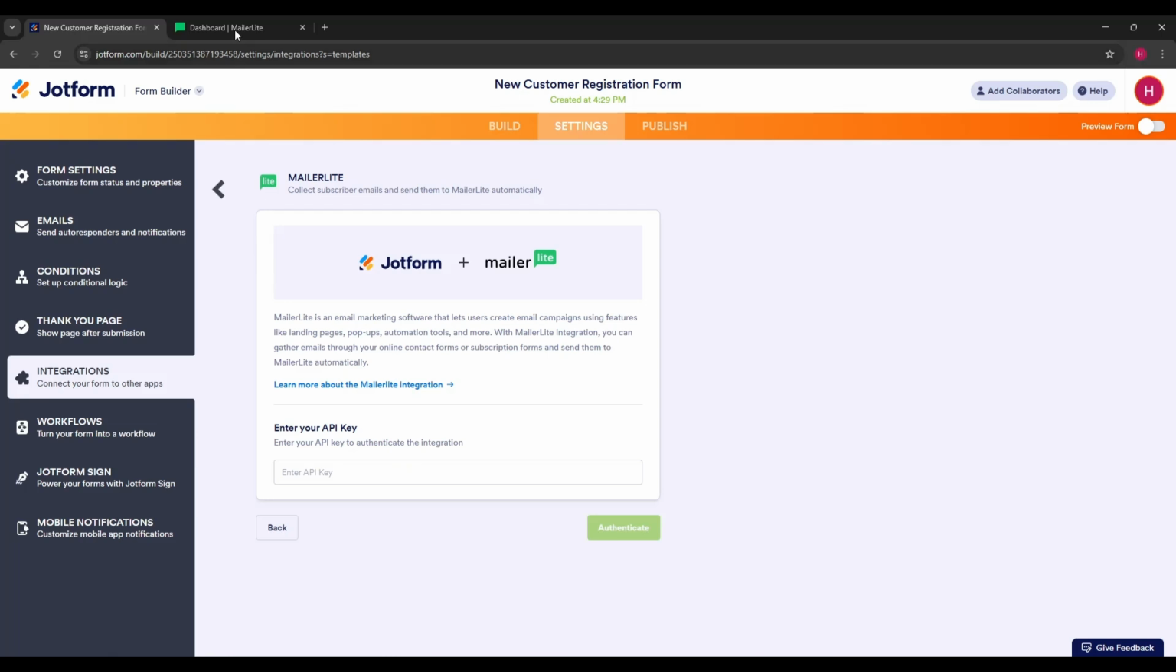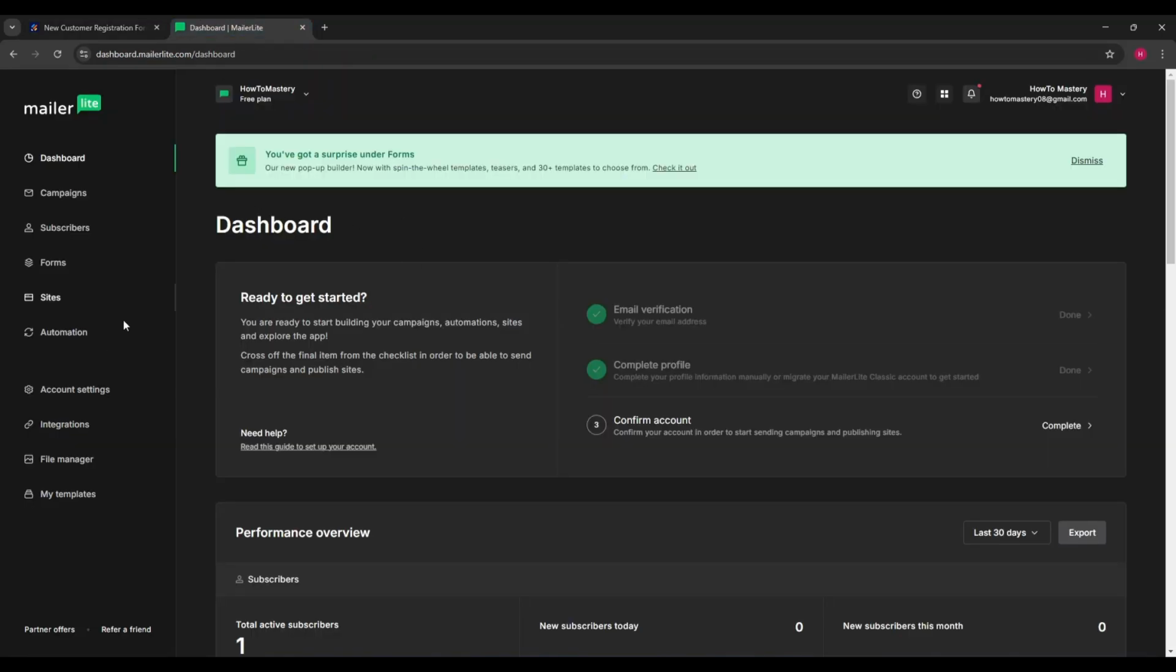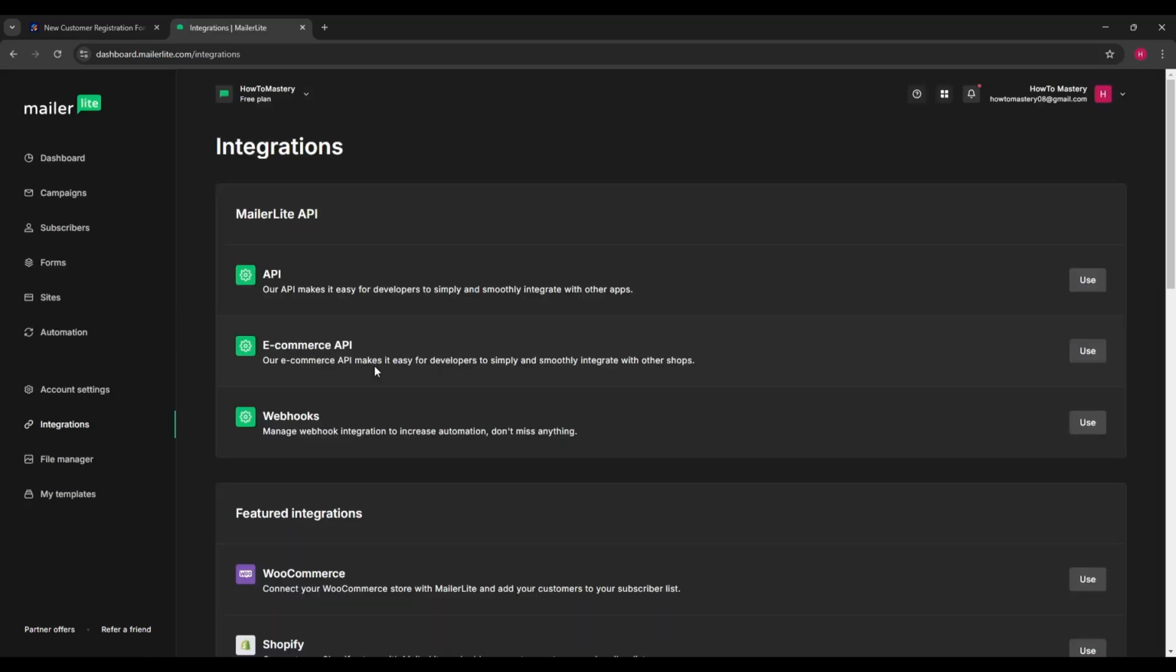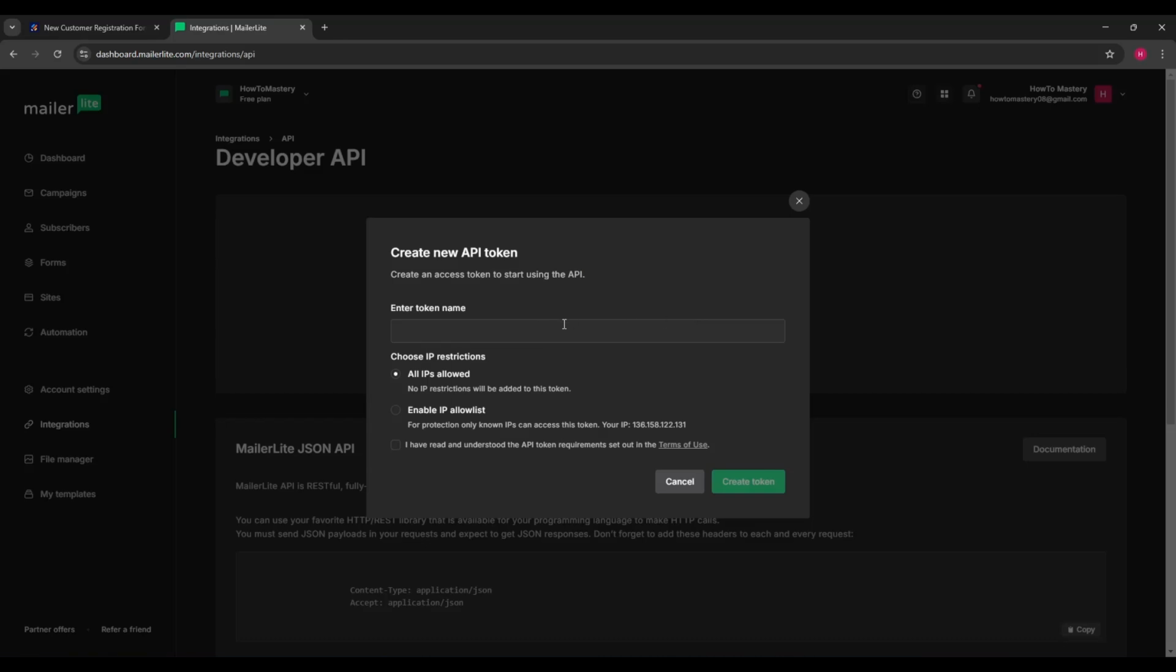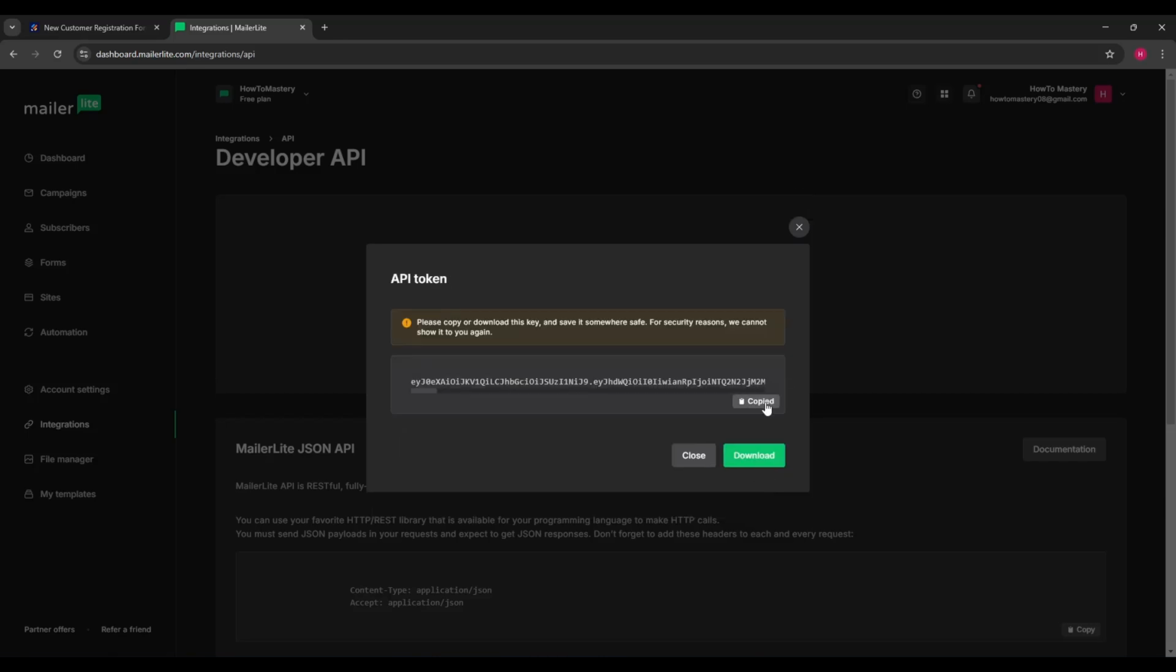So I'll just go to MailerLite first and then make our own API key. So just click on Integrations. Now from here, click on Use beside API. Now click on Generate New Token. Okay, now just type in your token name. I'll just type in test and then click toggle this checkbox here, then click on Create Token, then copy it,